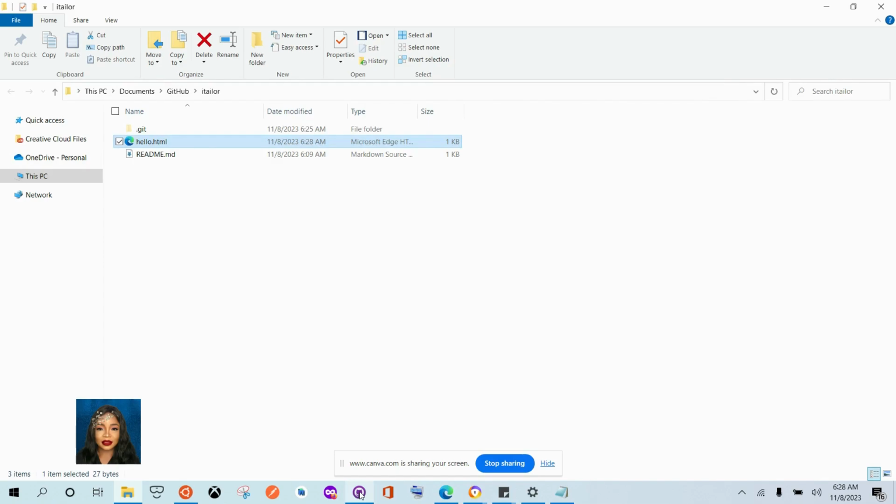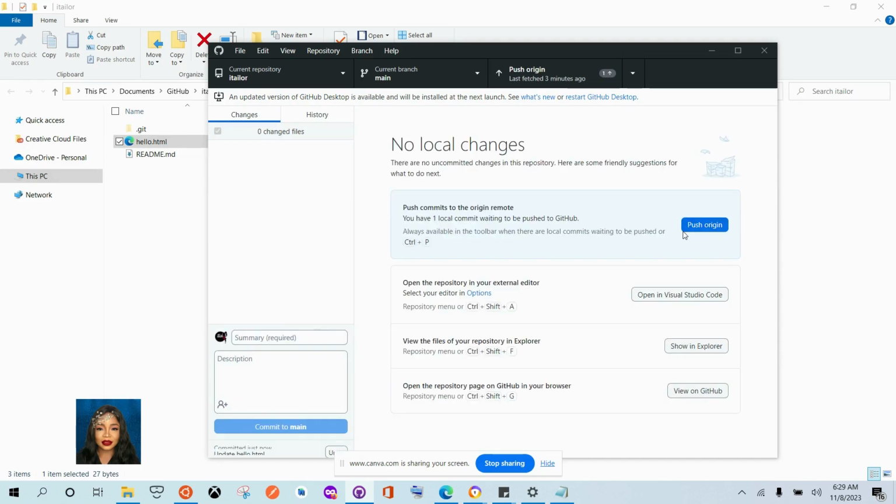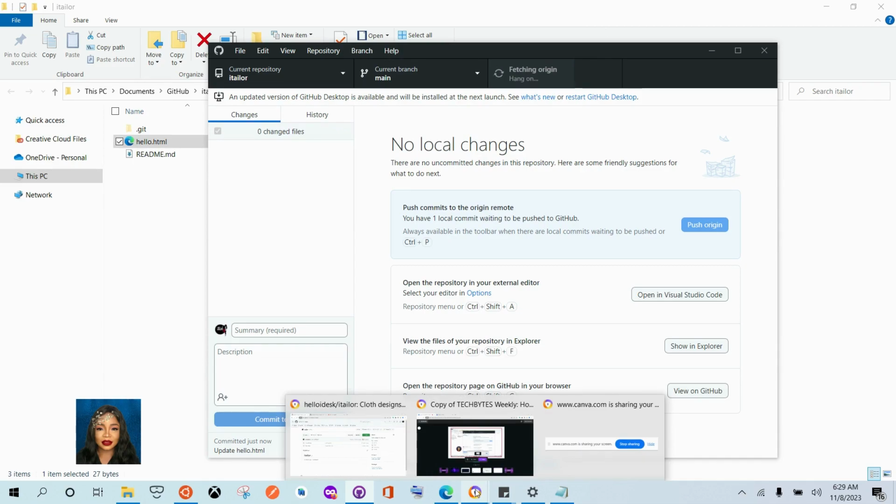If I go to my GitHub, it's going to tell me there is a change. So I updated hello. I can commit to main, right? Now here it is showing you what changed on that file. You're going to be able to view that on this panel. All right. The next thing, I push to origin, or you can just click on here. And there you go. It's pushing our changes. Once it's done, I'm going to view that change on the cloud instance